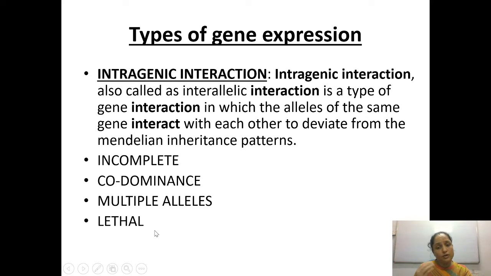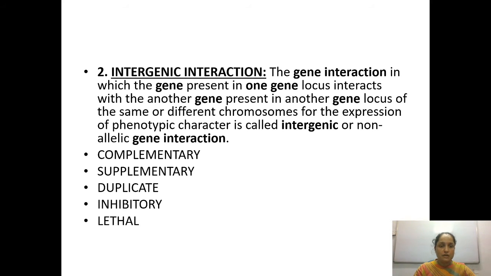So right now we are going to deal with them one by one. But before proceeding, I'll tell you whatever the interaction which we are going to deal is going to happen in the same chromosome, but the location of alleles are there. Particular gene, as you have taken on a particular location, another allele will be there on the same location but on the sister chromatid. Okay, now next one is the intergenic interaction.